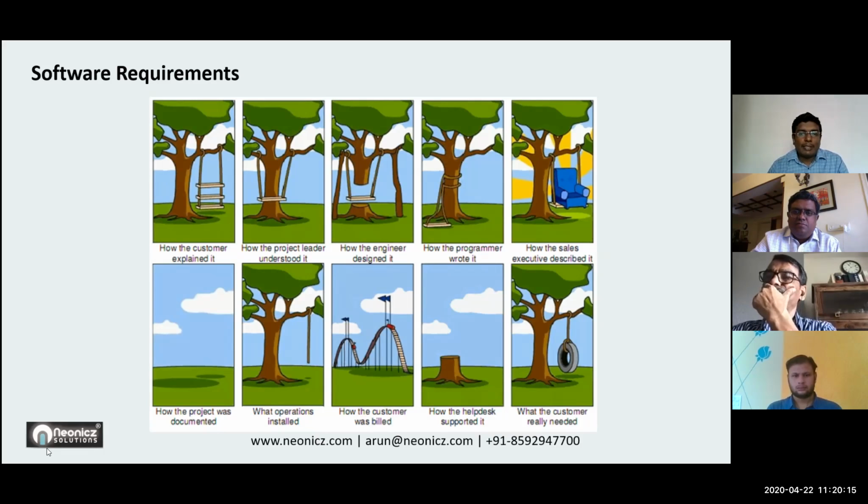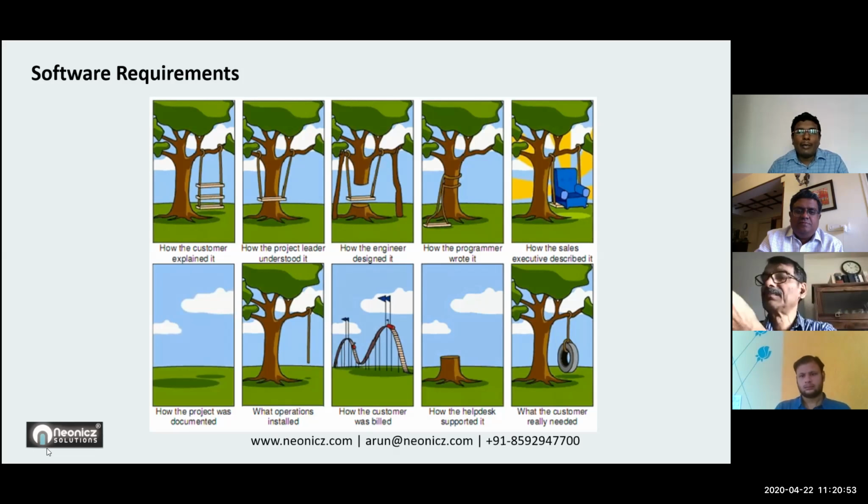And that project leader explains this to the designer, and the designer designed it with his creative mindset, in the third picture that you see. And how a programmer writes the code for that particular design is represented in the fourth picture. And whatever happened, the salesperson cannot sit freely. He has to sell it. So he exaggerates, or he explicitly promotes the product with extraordinary features. That is how he sells the product to a customer.